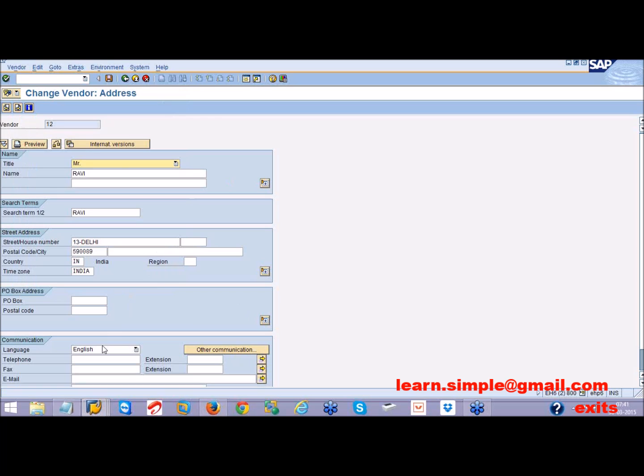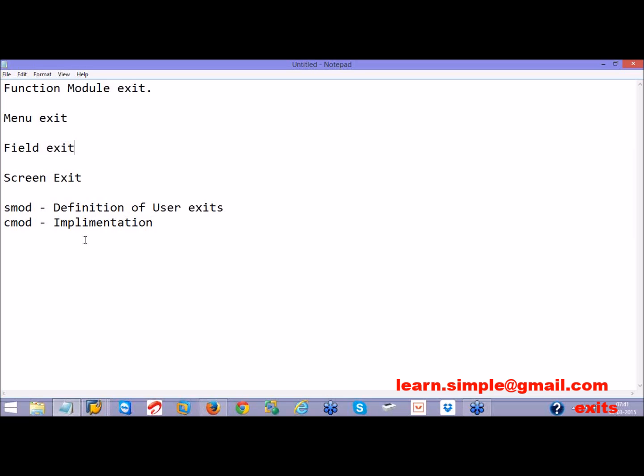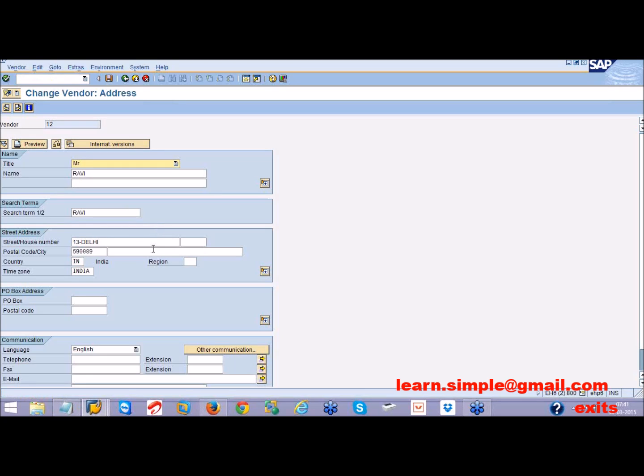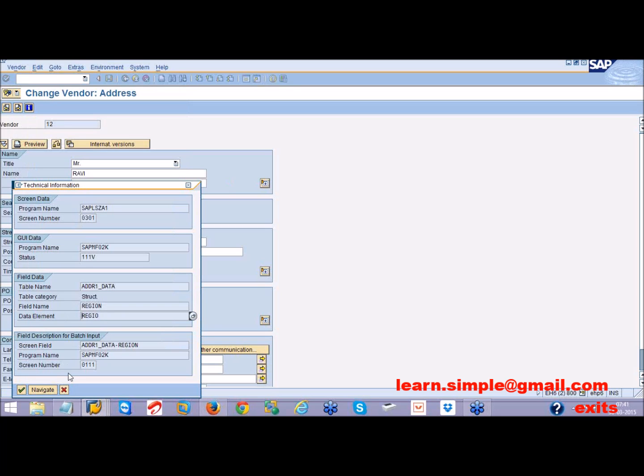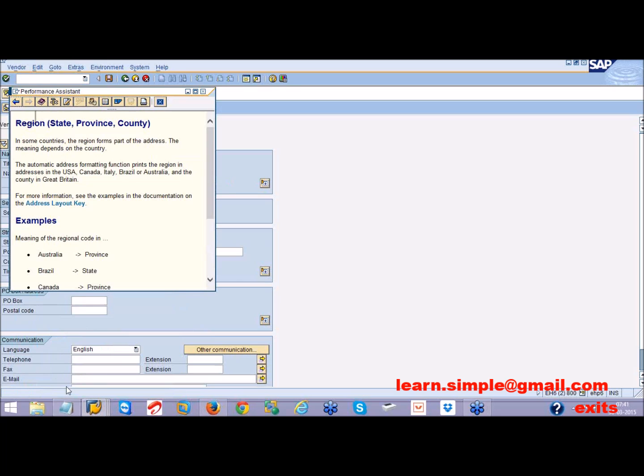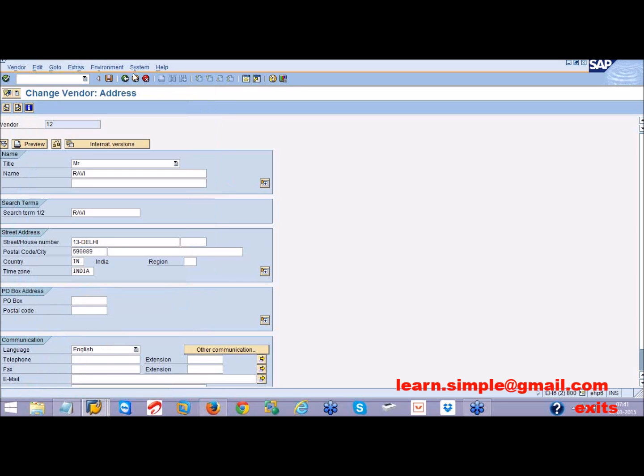Now, what does field exit mean? Can we change the properties of the fields? For example, one property of the field is this field label. Can I change the field label for this particular field? Instead of Region, can I display it as State? You can change it if required. Take the data element, the name is REGIO, remember,